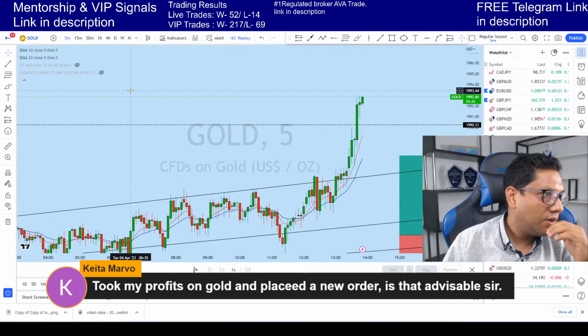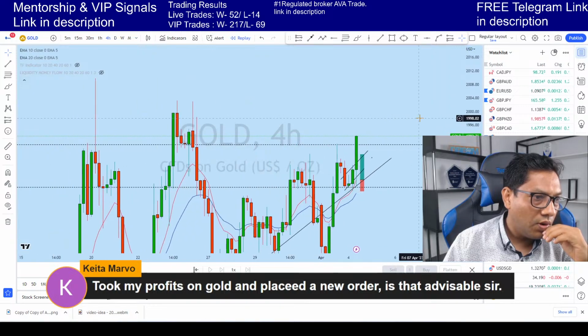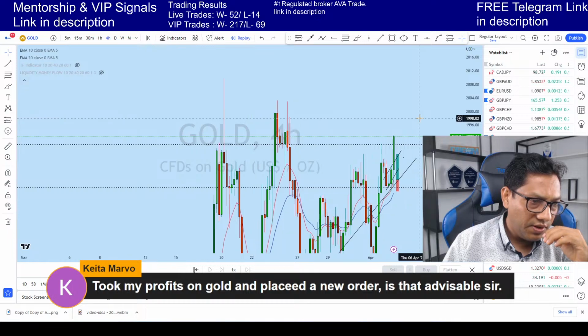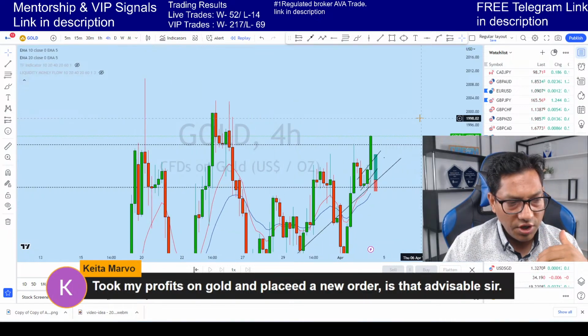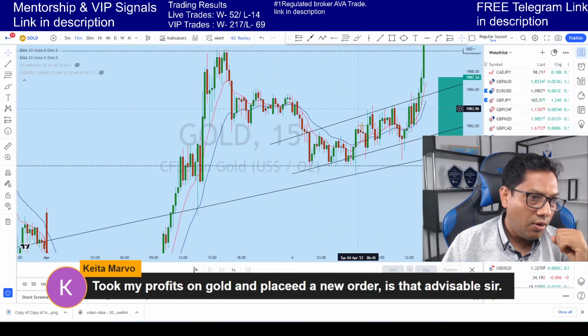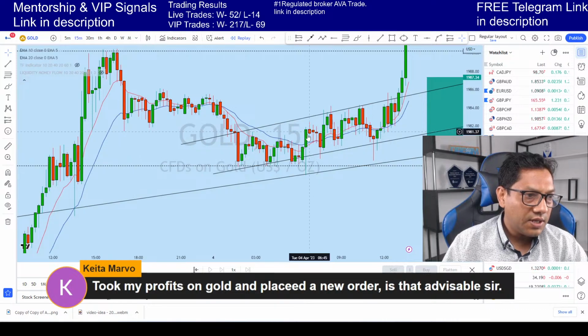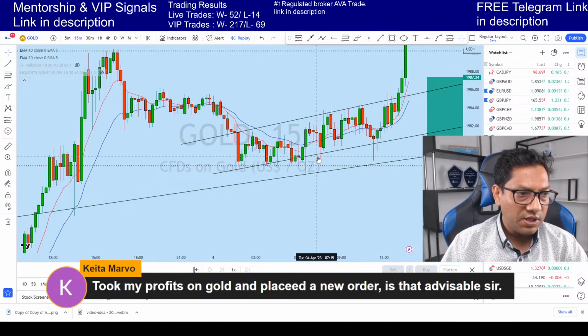At this point, if I look at the 4 hour, I see that the market is very aggressively bullish. For another entry, I need another important area of value. So our entry candle was this one. You can see this candle was very significant, because